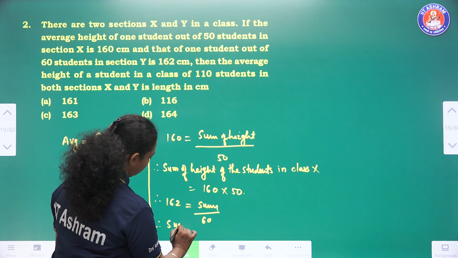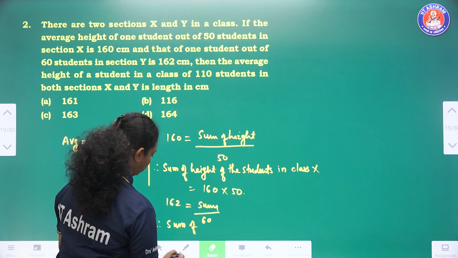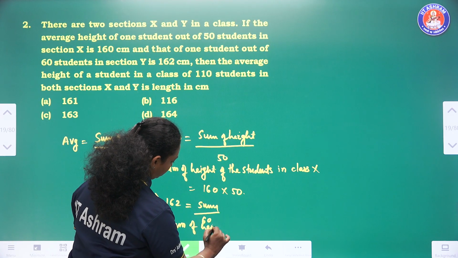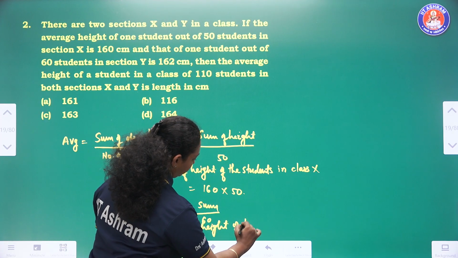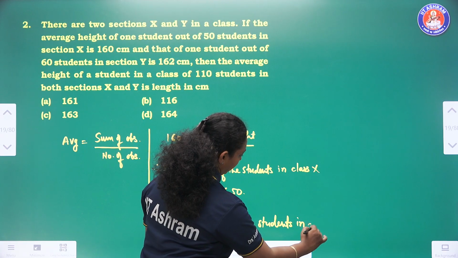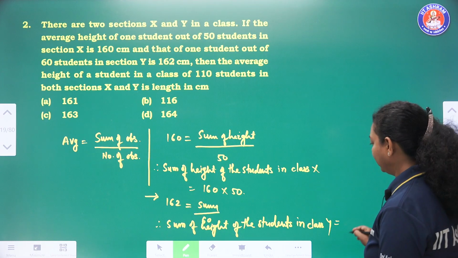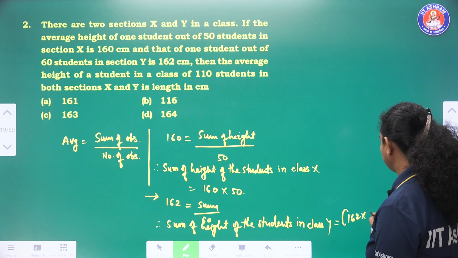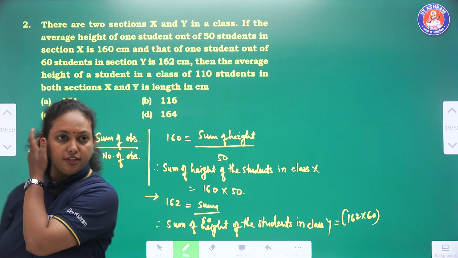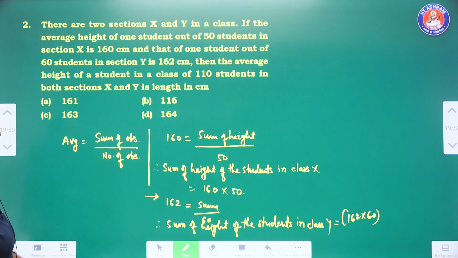Therefore sum of height of the students in class Y is equal to 162 into 60. And here they have asked what is the average of all the students when the sections X and Y combine together. So the new average,